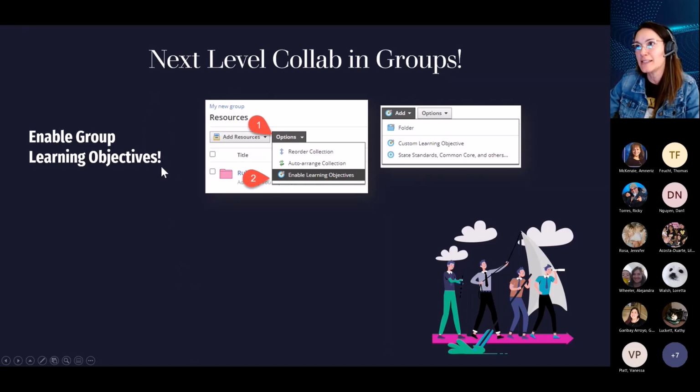Now, another thing that is very underused is the learning objectives in Schoology. I believe that we all are working towards the same goal, which is having students achieve mastery in the different standards, right? So if you turn on learning objectives and you align those materials in Schoology with those learning objectives, you can go ahead and look at the mastery report in Schoology and see exactly where your students are at